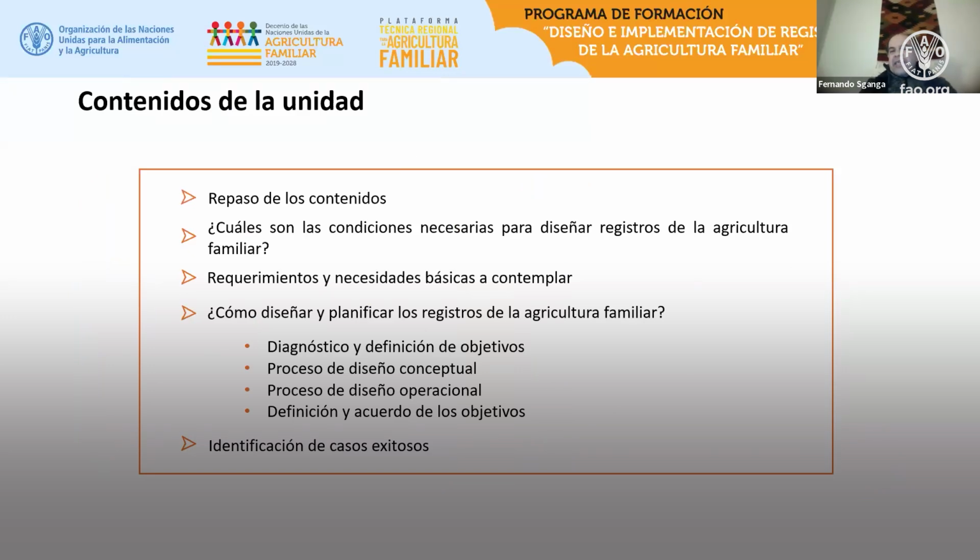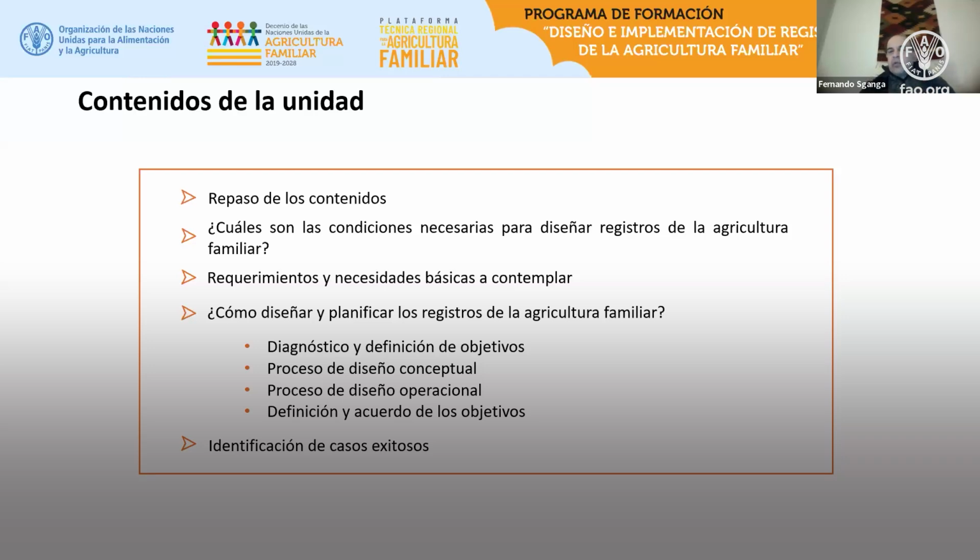And then we'll look at the necessary conditions. What is it that we need to take into account in advance, I mean, before designing our family farming registries? We'll review the basic requirements and needs to be considered. We will see the design and the planning, diagnosis and the definition of registries, the conceptual design process, the operational design process, and we will also review some successful